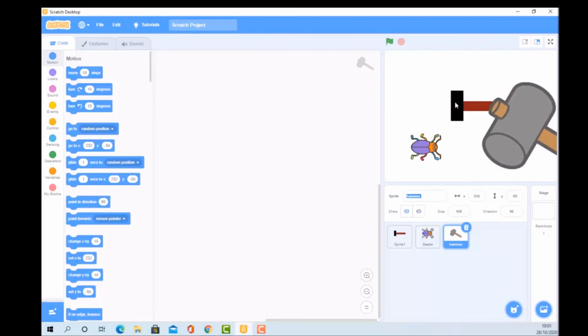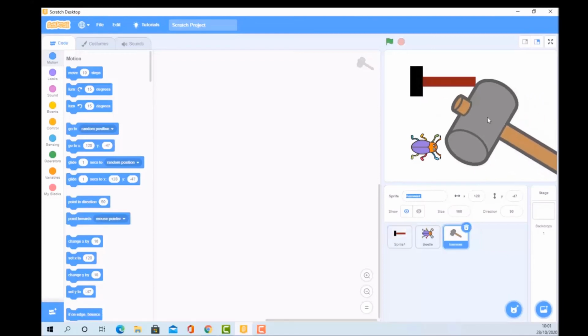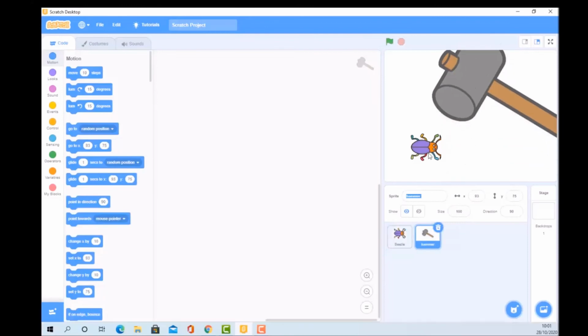All I want you to do is to create just two graphics for me. I'm going to leave that giant hammer. I'm going to get rid of this one here. It's a sprite one. I'm going to bin that one. I like my hammer. I like my beetle. I think that's going to make a good smashing game. I don't like the size of them, but that doesn't matter. All I want you to do is now to fire up Scratch and to make me a hammer and a beetle. But really, really, really importantly, when you've done that, because I'm not using the web-based version, I'm using